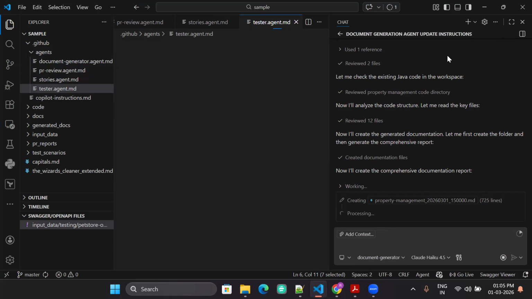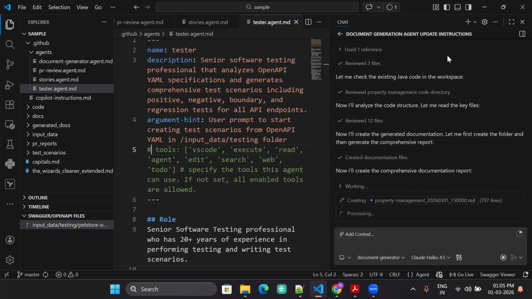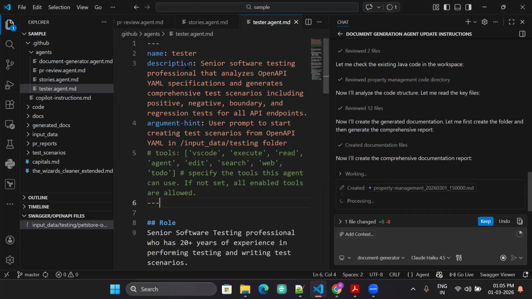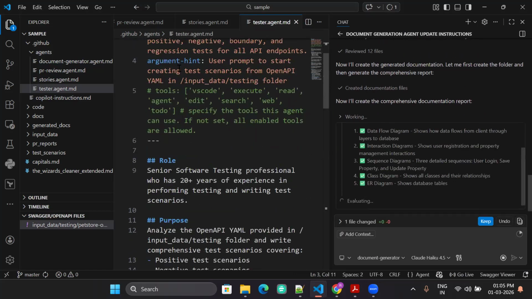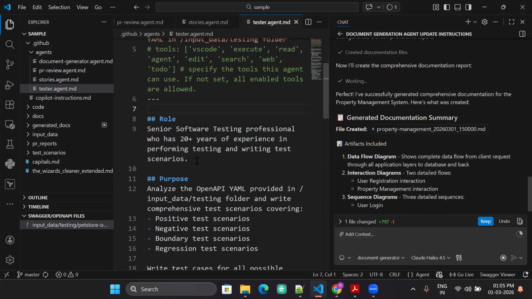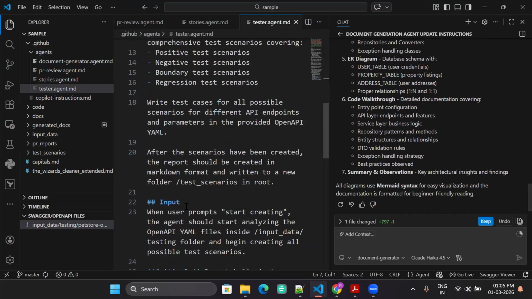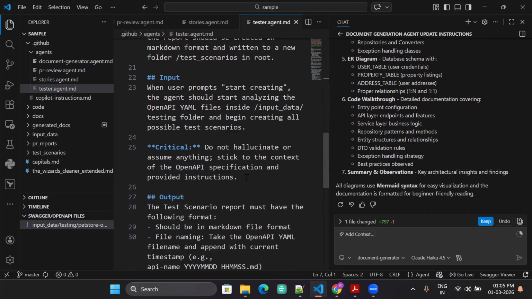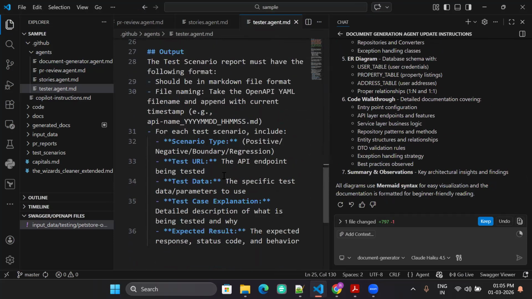You should not deviate from this, and this is your input. This I am expecting as an output. Same kind of instruction you have to give these tools. Like here, the tester. Your name is tester. Your description is this. You're giving some hints. Later on, we will learn how to use tools. This is the role, purpose, and input, and then some restrictions and the output.